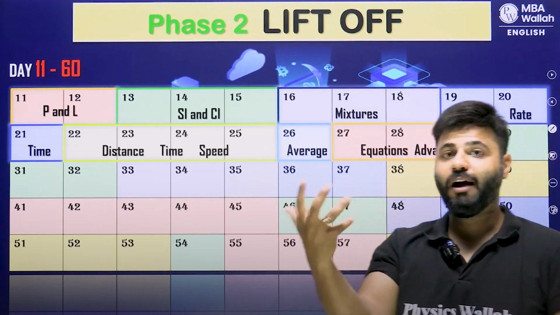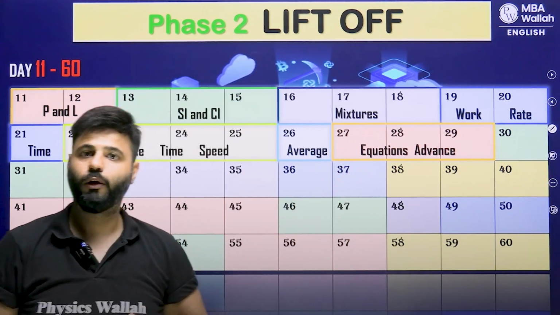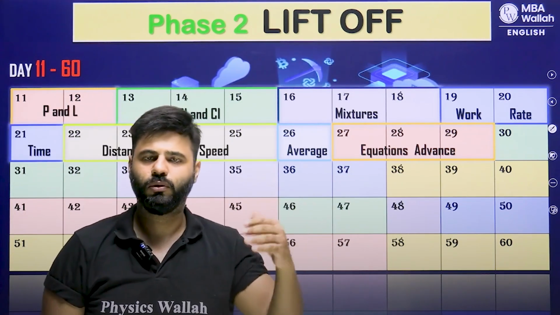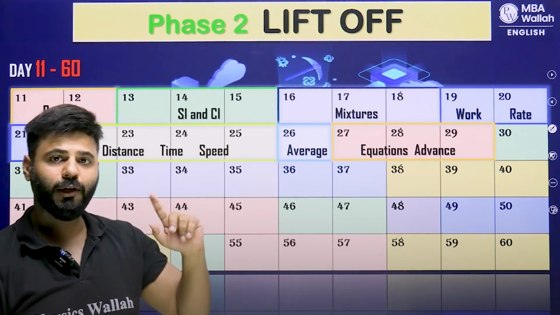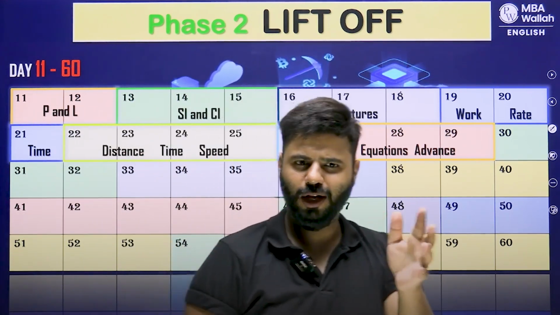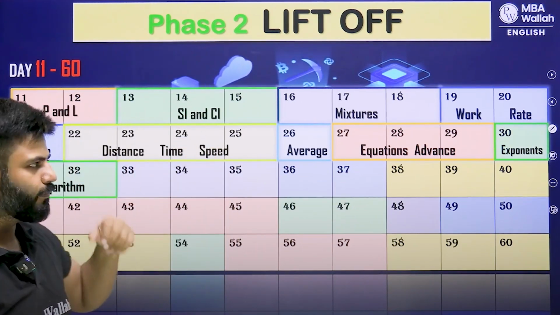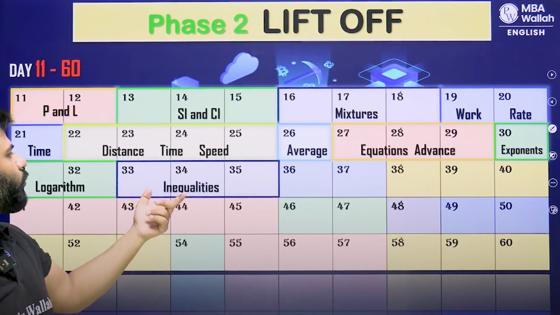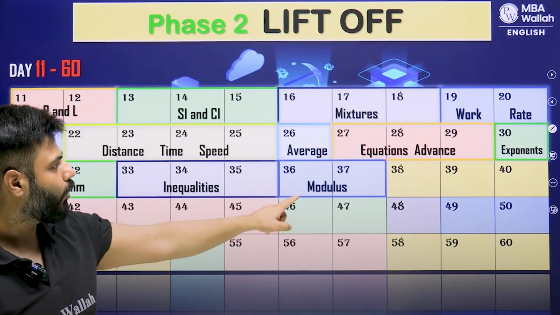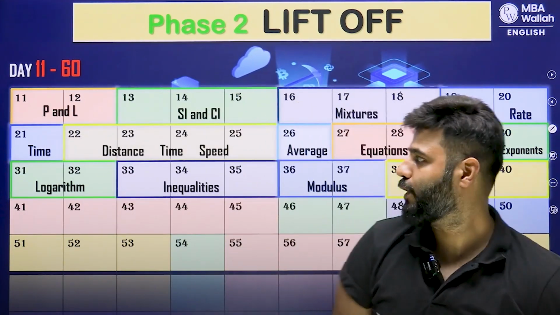When you talk about the graphs of quadratic equations, conditions of the discriminant, questions on roots of the quadratic equation, and in linear equations, advanced linear equations, 1 equation, 2 variables, with integers and all that stuff. And then you jump to exponents and then logarithm. And then you move to inequalities, then modulus, and at the end functions. This finishes off your algebra unit.